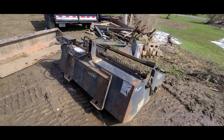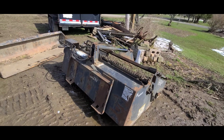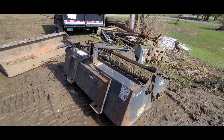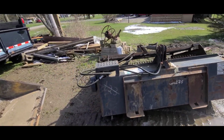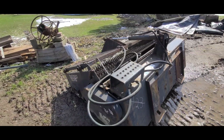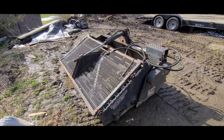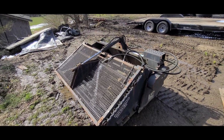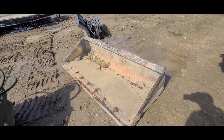We had a stretch of warmer weather here, let's just say a week and a half ago, and basically from the snowplow damage and stuff like that on our shoulders, went down through and just kind of scraped up some of the rocks. I wanted to try it out, see how it worked really, and I tell you, this is gonna be a fun machine this summer, I'm not gonna lie. And then the bucket,